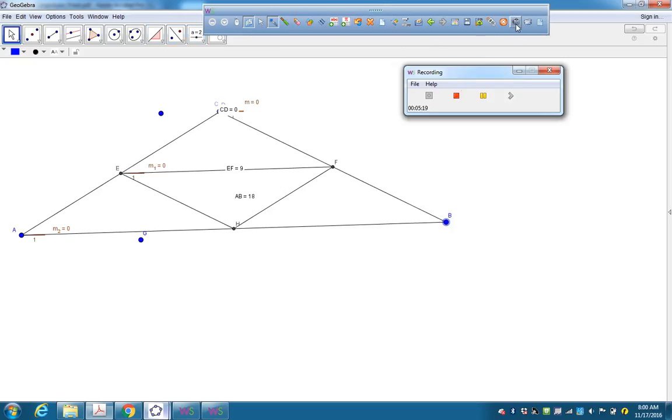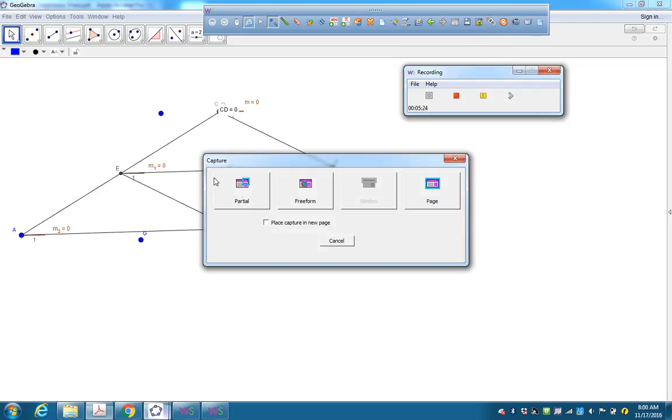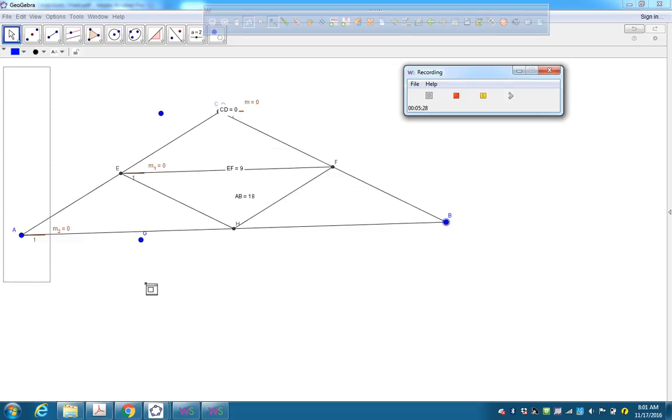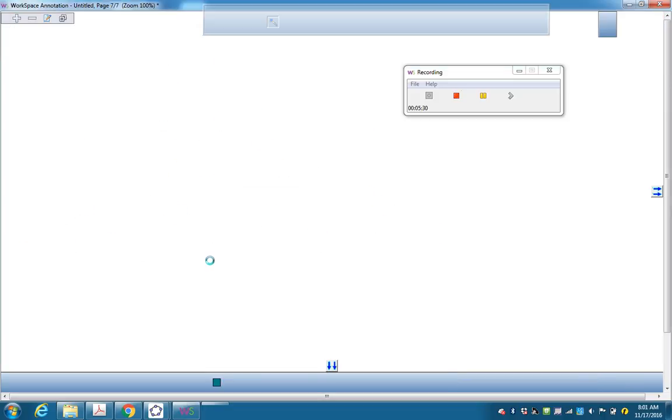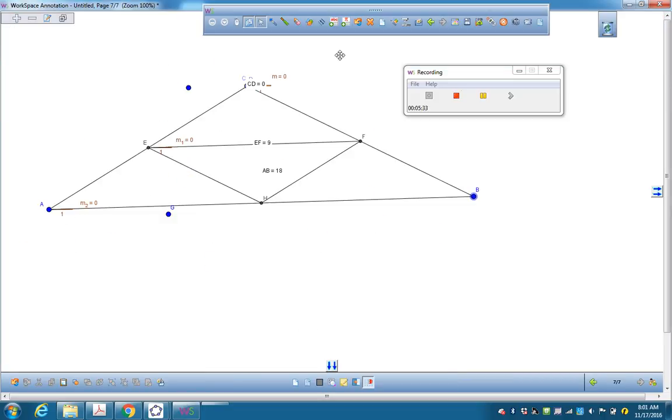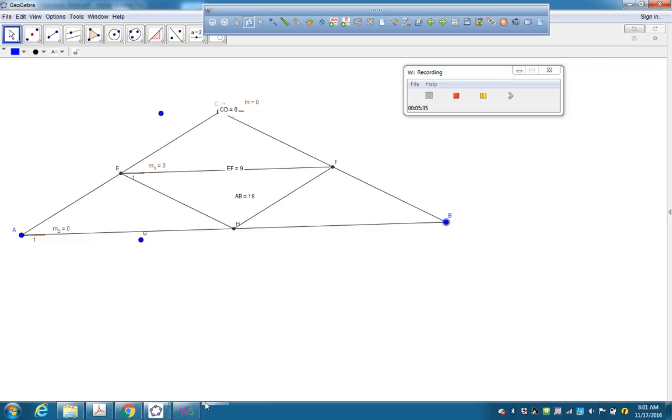Grab that picture. Grab it. Is that my picture? That's my camera. Partial place capture. Partial. There we go. Oh, I wanted the last. Anyway, going back to